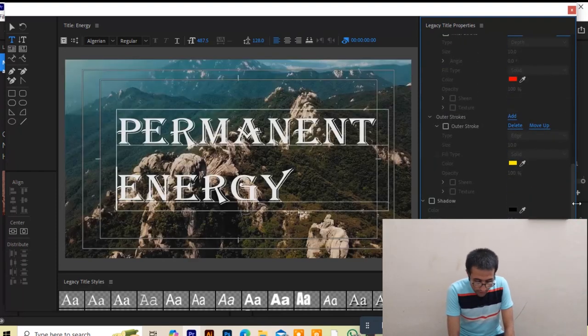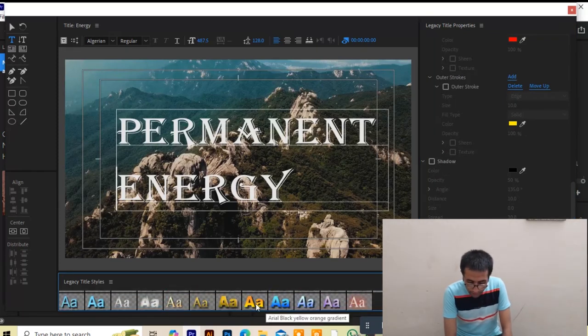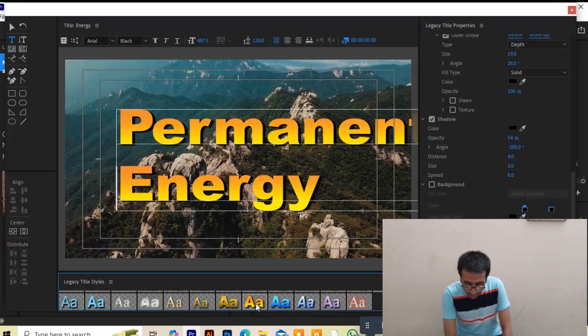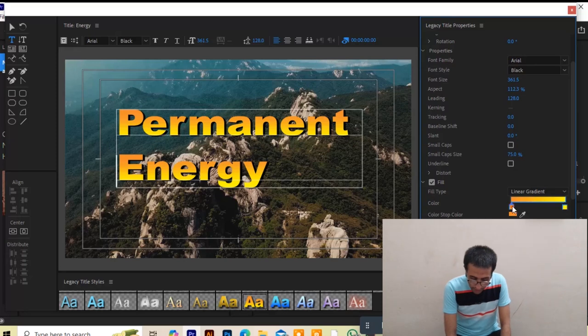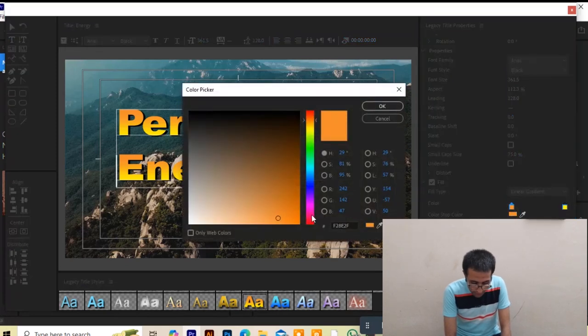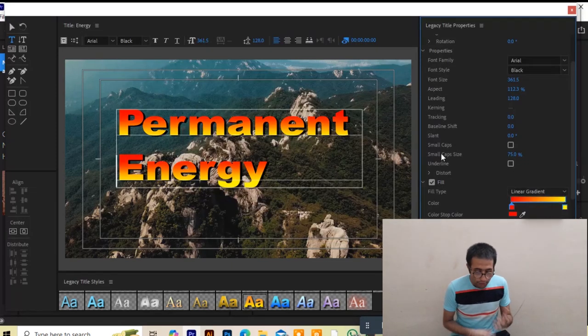So now this is a different text. You click on this text also. When I click on this text, this is a completely different size, it starts at 190. I don't want the gradient, and you can also change the gradient of your text. You click on that option, and for example, I want to put that red gradient. This is a bright red gradient. So now we click on that gradient, and it becomes quite phenomenal and good for advertising,